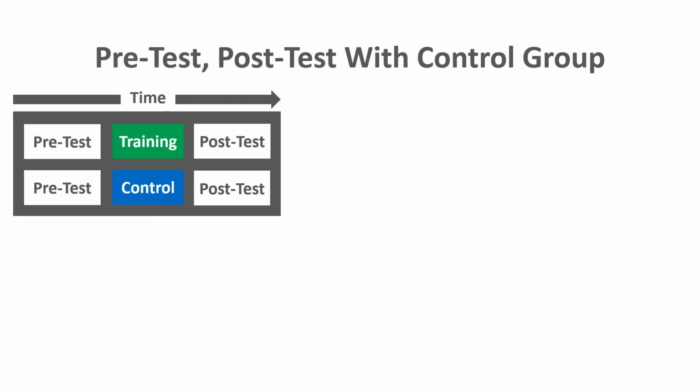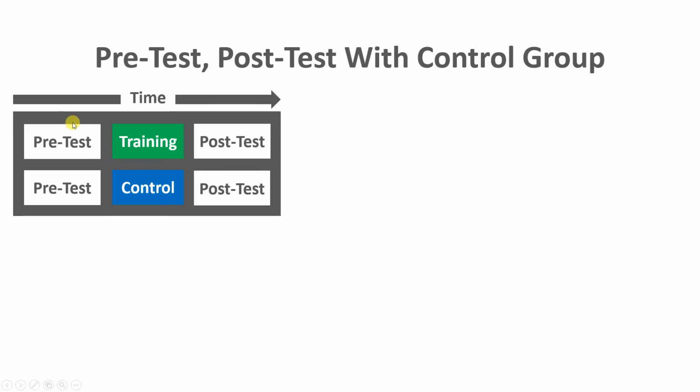So now let's move on to the fourth example of a commonly used training evaluation design. Let's focus now on the pre-test, post-test with control group design. Just as we saw before, we have a post-test here that everybody receives, which is the post-test measure of training effectiveness. As we just saw with the last design, approximately half the people get the training, and half get assigned to the control group.